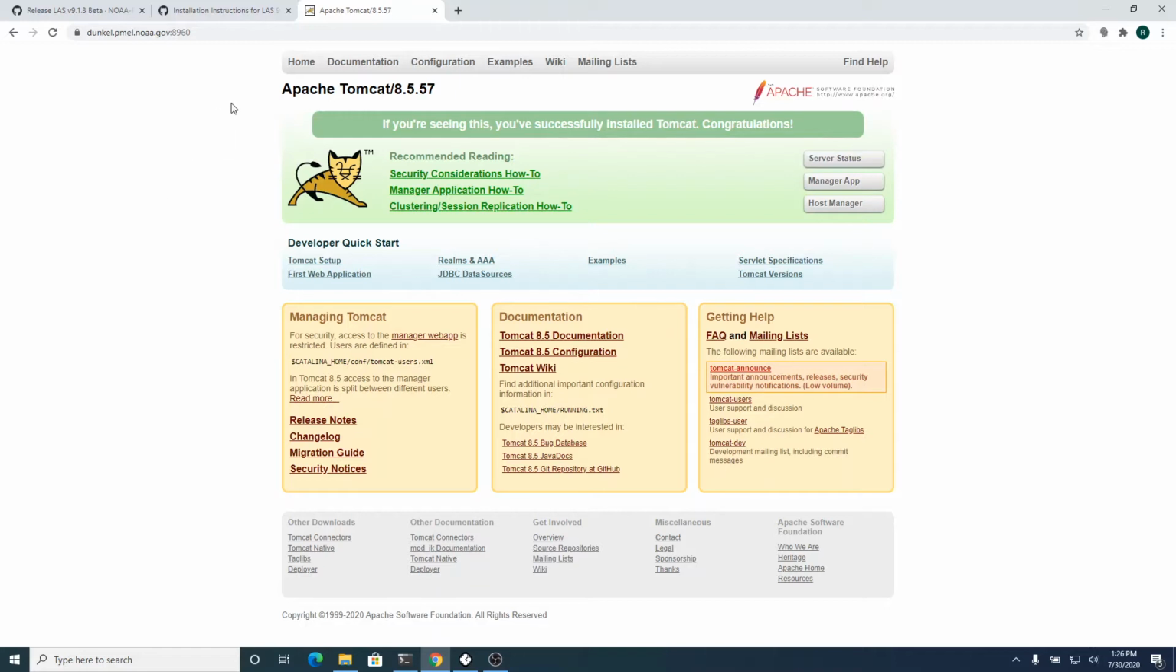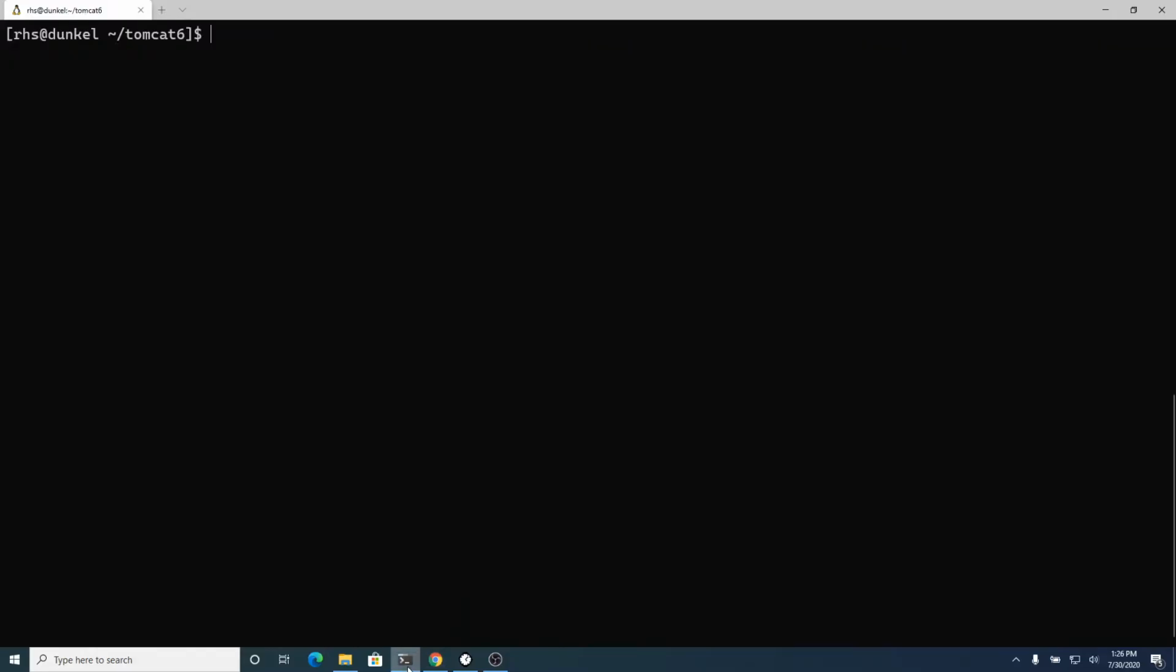We use Tomcat 8. Always get the latest Tomcat. Subscribe to the mailing list so you can get updates about any security issues that come up with Tomcat, so you can keep that upgraded and up to date. So after that,